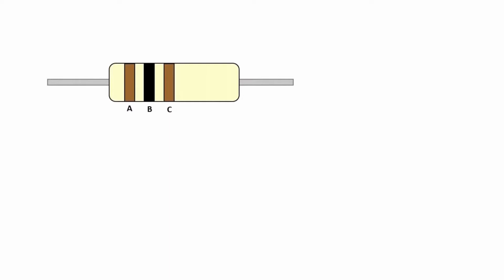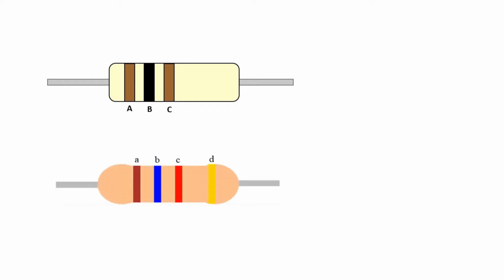So let's get started. There are basically 3 color band resistors, 4 color band resistors, up to 6 color band resistors available. But generally we will be dealing with 3 band color resistors and 4 band resistors. So we read the resistors beginning with the side that has more number of colors. Here you can see from the left side there are 3 color bands available and the 4th color is being kept aside. So we'll start from the left side.